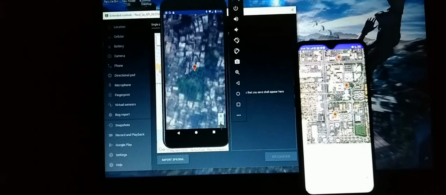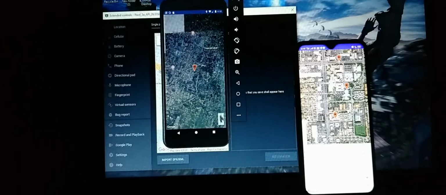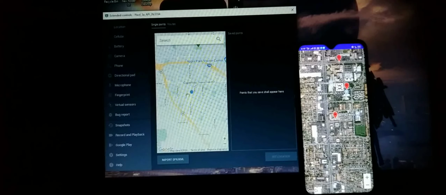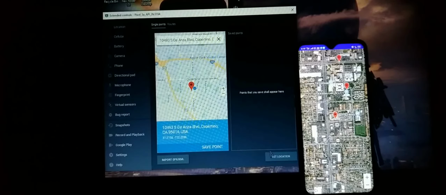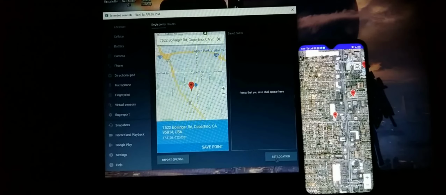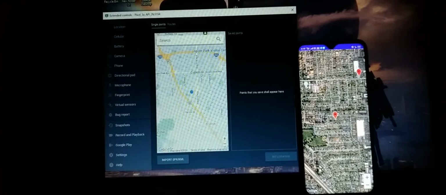It is showing, and this is the location of this phone. Let's check. It is working smoothly. So you can see that the app is working smoothly.